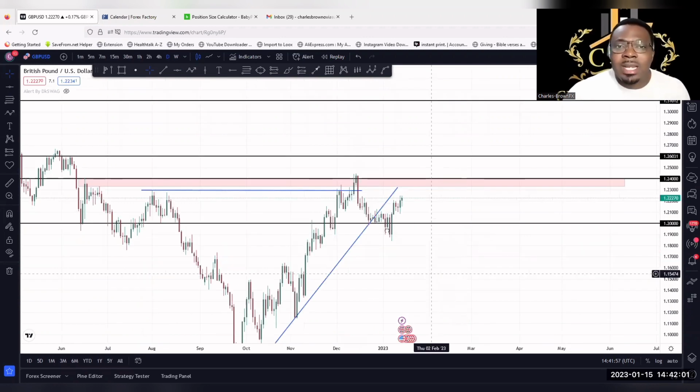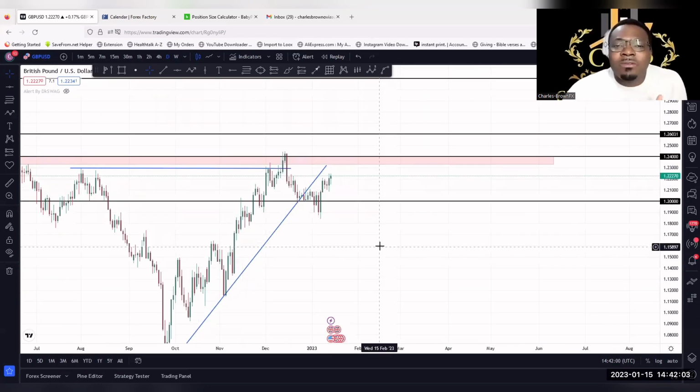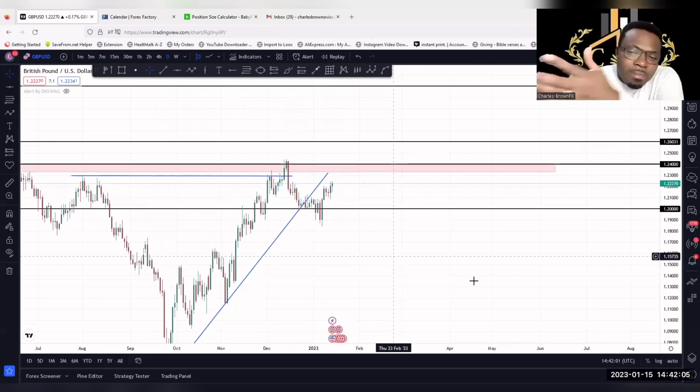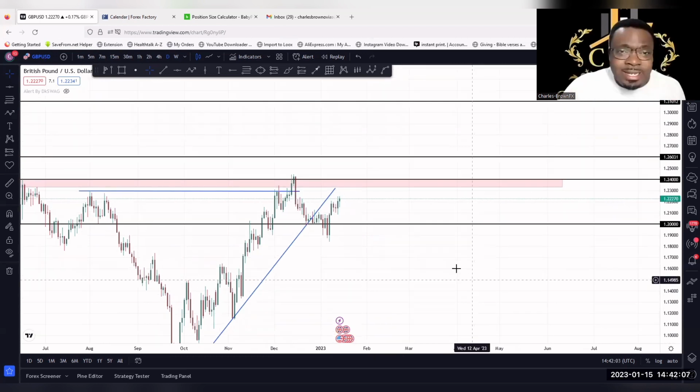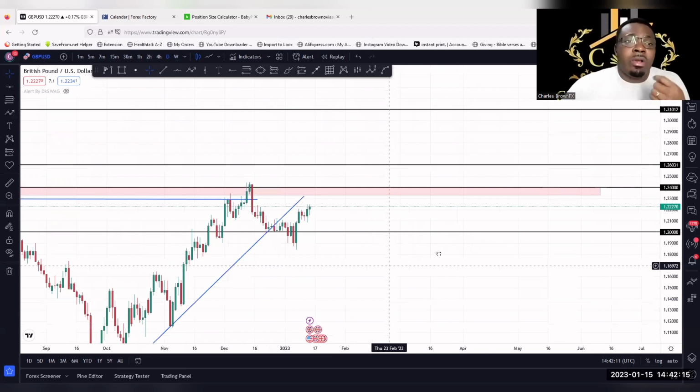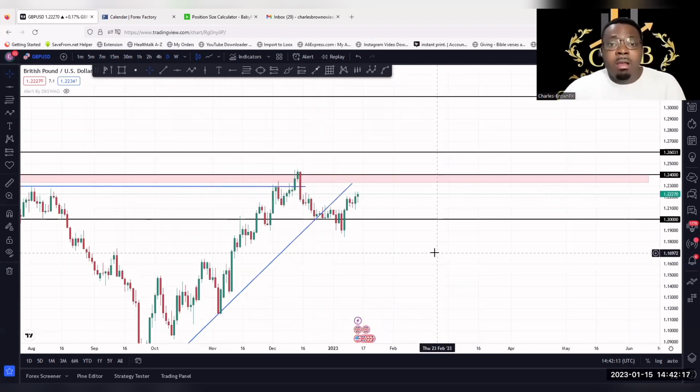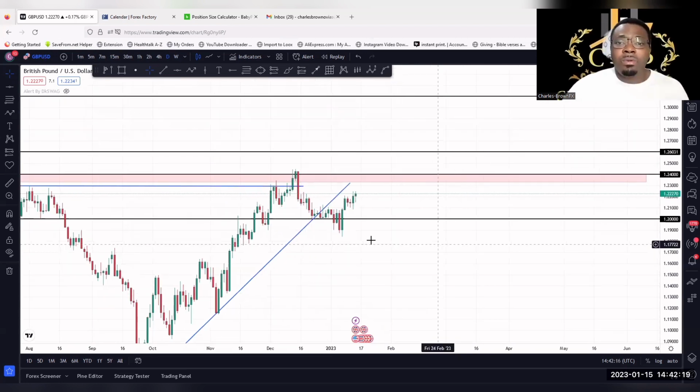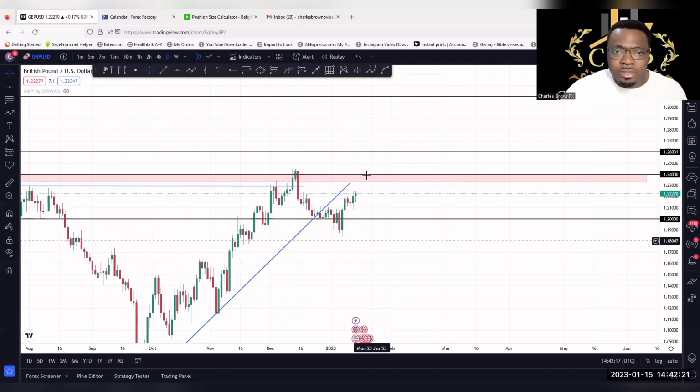But I feel that we need to understand what the market is doing, the traces it is leaving behind for us to follow. We're not just going to blindly trade. We need to understand what the market is doing at the moment. So if you're a day trader or a swing trader or a scalper, you want to look at first, how is the market moving to this level?